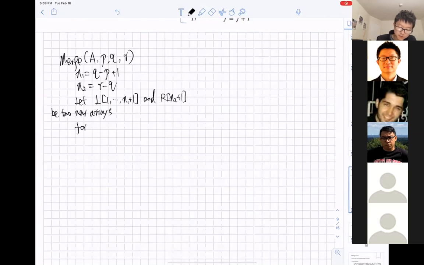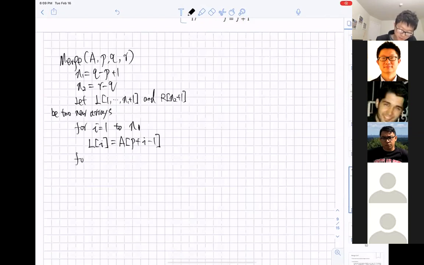Then we have for i starting from 1 to n1, we get L[i] equal to A[p + i minus 1].